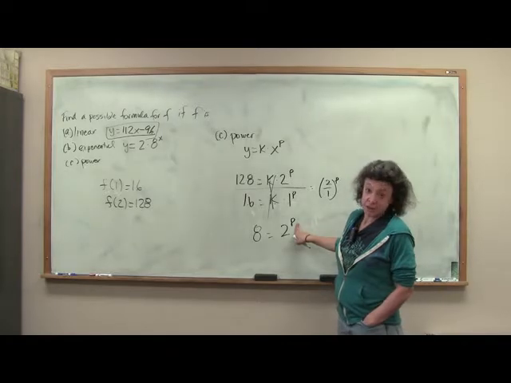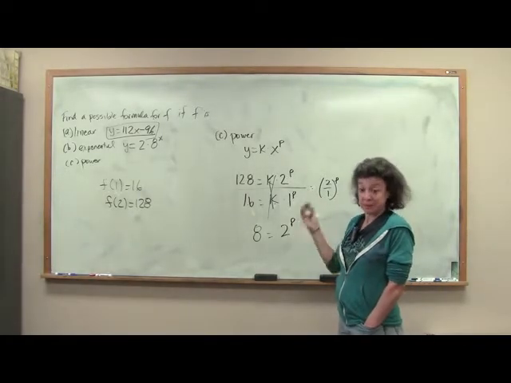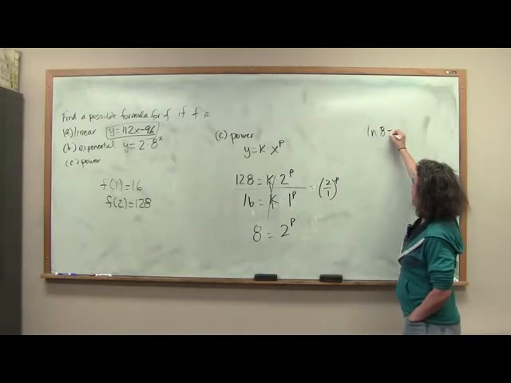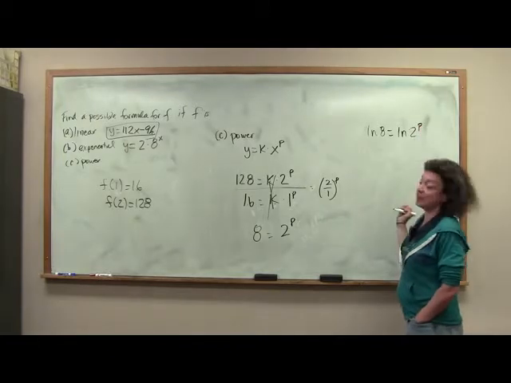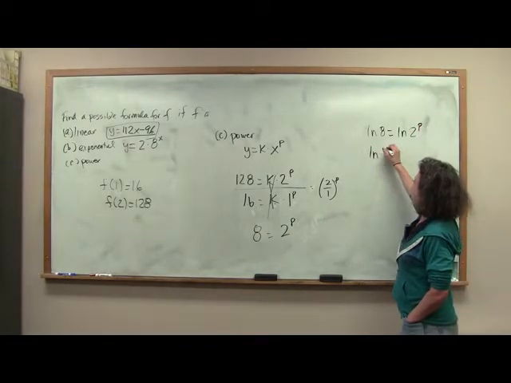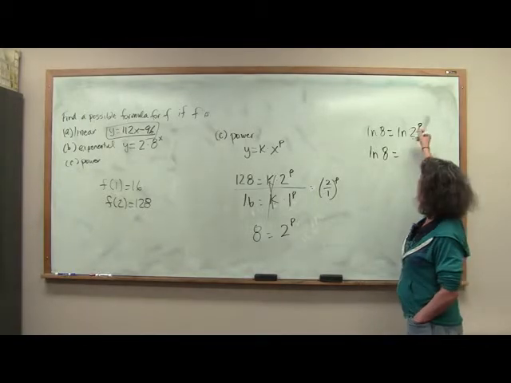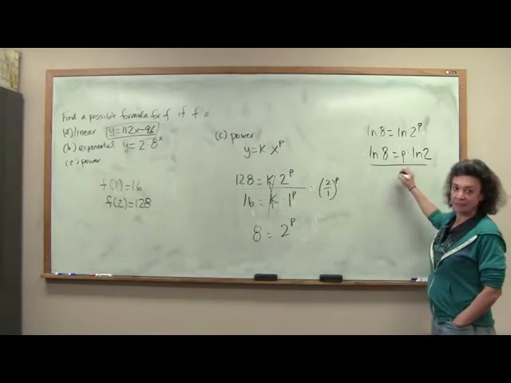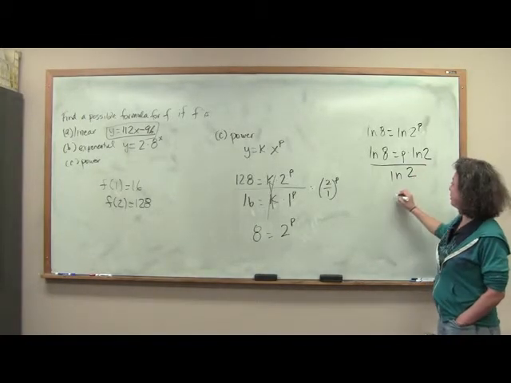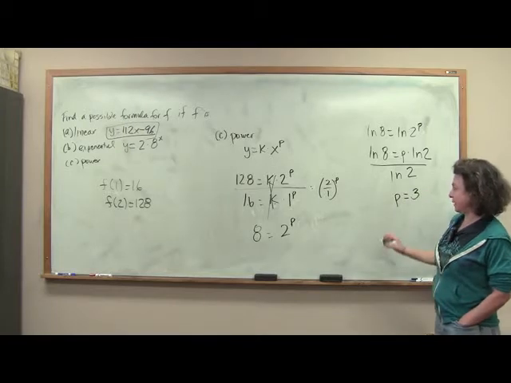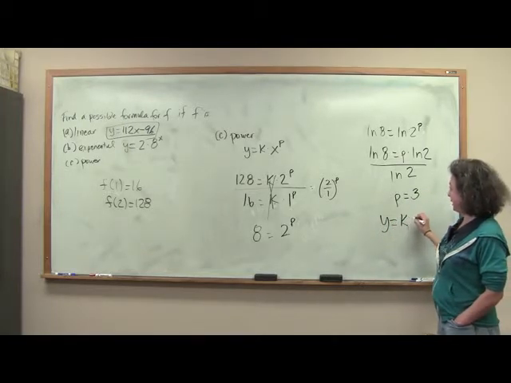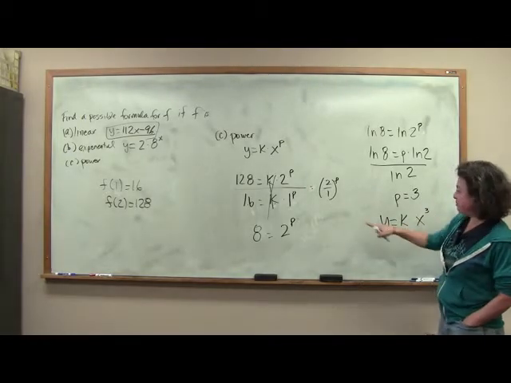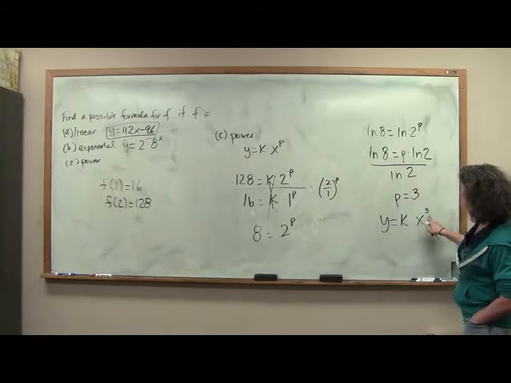Now, you probably know that 2 cubed is equal to 8, but suppose you didn't pay attention to that. You could take the log of both sides. You could say the natural log of 8 is the natural log of 2 to the power of p. You always take the log when you're solving for your exponent, precisely because you can bring your exponent down in front. We can divide both sides by the natural log of 2, and you will see that p is equal to 3. So assuming you didn't even recognize yet about the k being our constant value here, we've already gotten